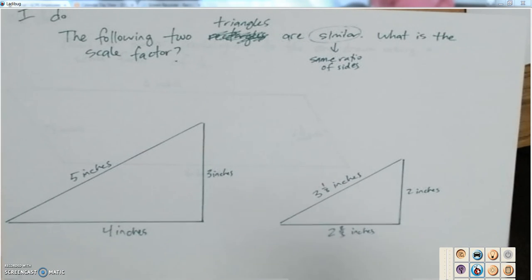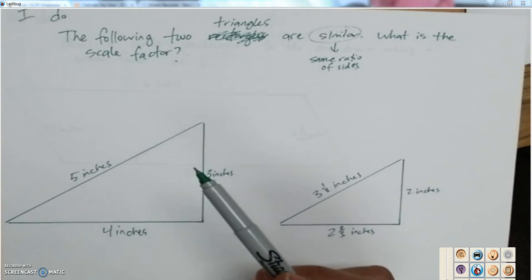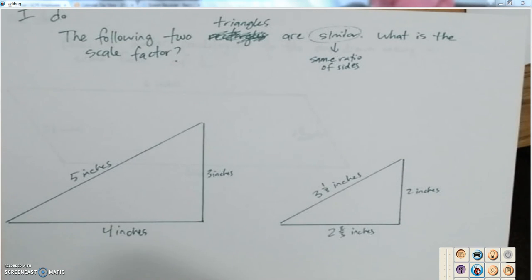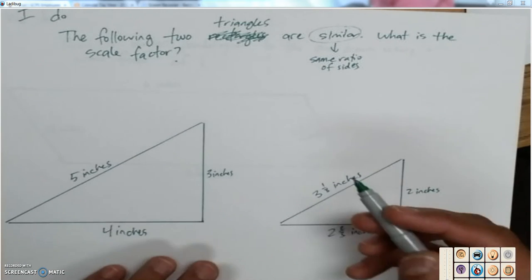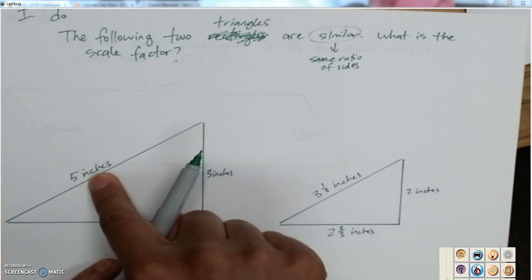scale factor. So I've got 3 measurements here. This one is 5 by 3 by 4. I can really use any 2. If I know they're similar, it doesn't really matter which 2 sides I deal with, or I can do it with all 3 sides. But I've just got to match up same sides here. So in my larger one, I've got a